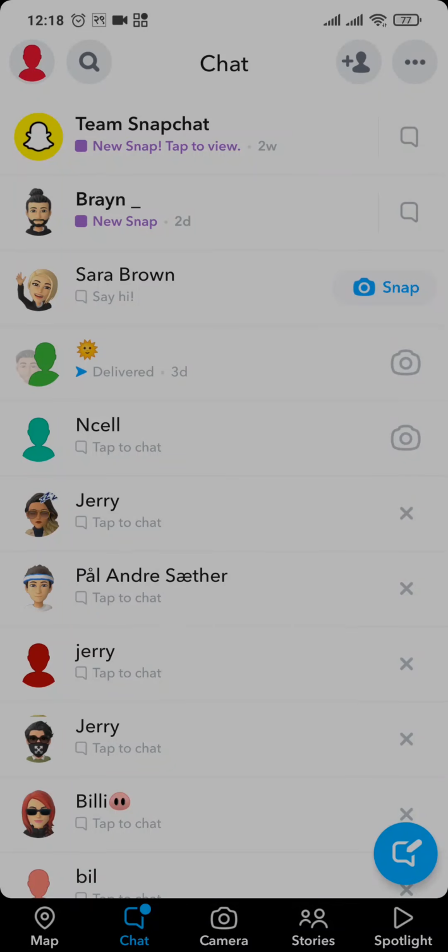In today's guide video, I'm going to show you how to change your birthday on Snapchat. If you have entered in your wrong birthday or you want to change your birthday in general on Snapchat, you can easily do it. From the chat section of your Snapchat, simply tap on your Bitmoji on the top left